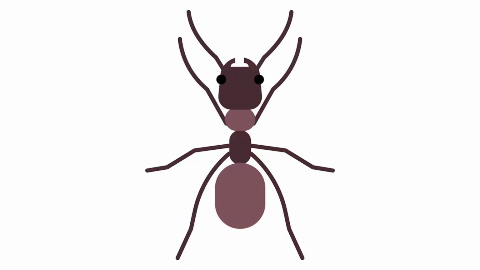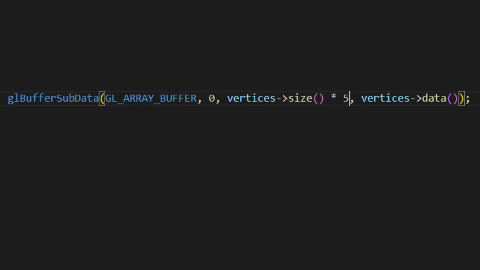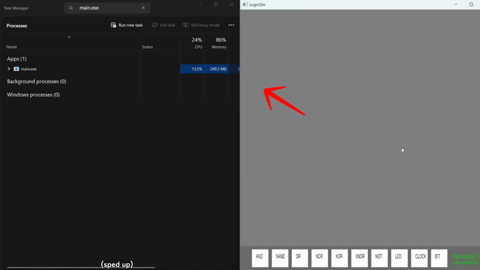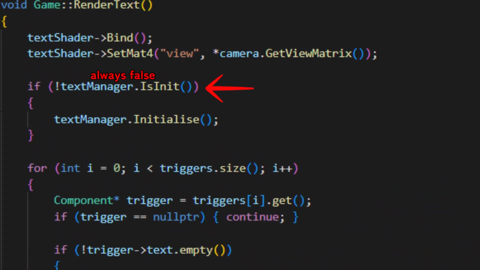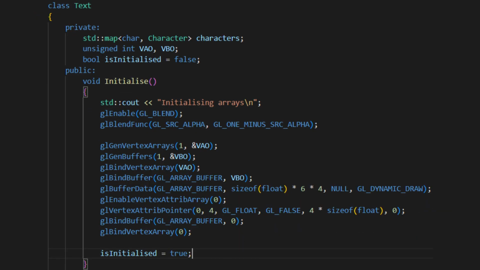However, I had this crazy bug where the screen would literally show random geometry. Turns out I had a bit of a miscalculation in my rendering code. I also had a memory leak which would make my simulator use more and more RAM until it crashed. I realized it was due to my text manager reinitializing each time. The funny part is that it was a one-line fix. Anyways, onto the final showcase.